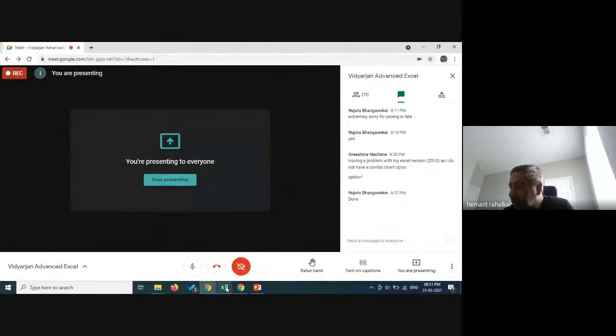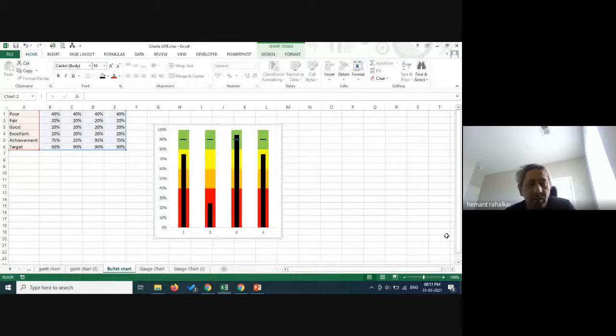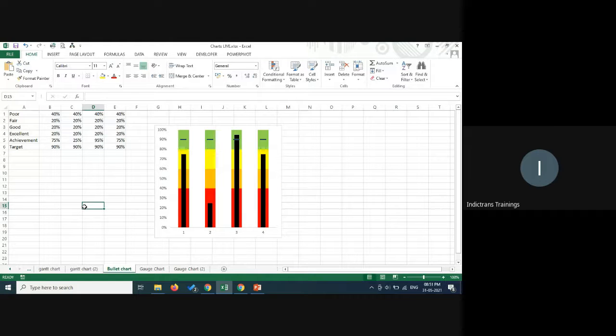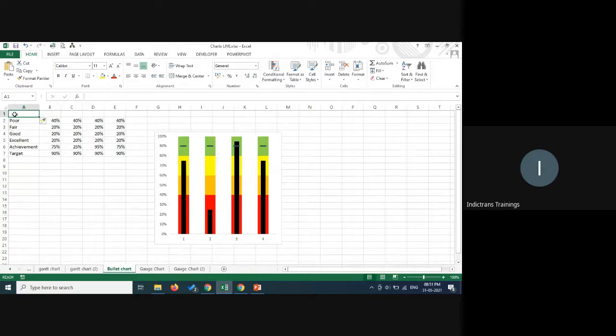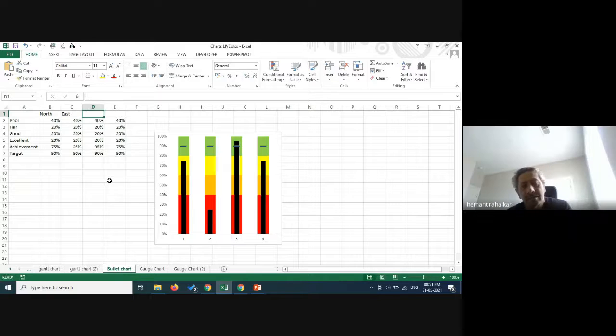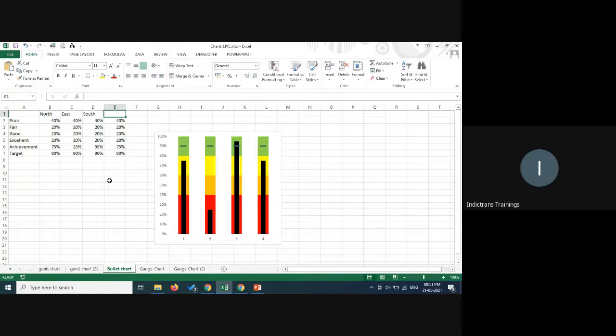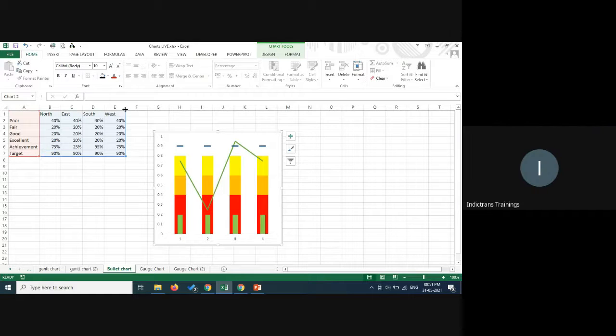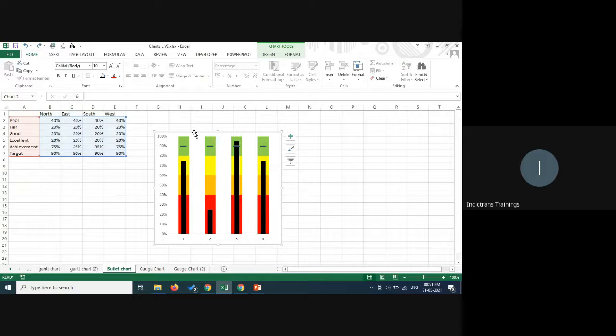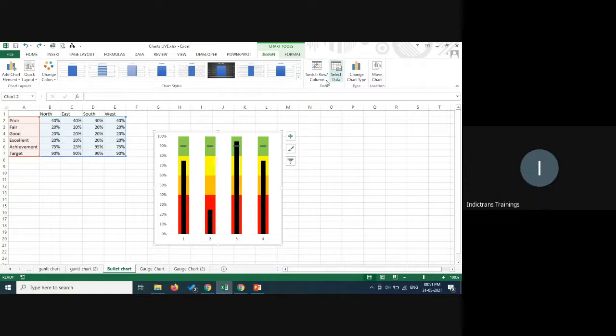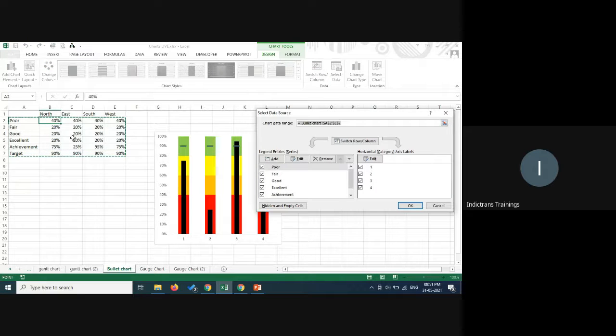Yes, but is there a way that you can give some proper heading, so instead of 1, 2, 3, 4, you can change it to a name? So not now maybe, but if I begin with it, I should have been able to do it. Let me just see that. West, north. Let me see whether I can do this now. No, it will not. So it came on the top, but if I start with it, it makes it easier to do. Otherwise, it becomes challenging.